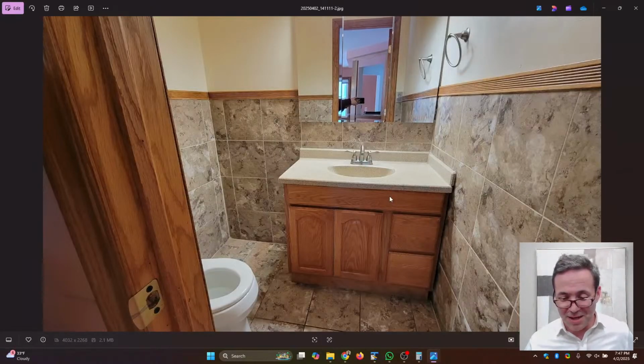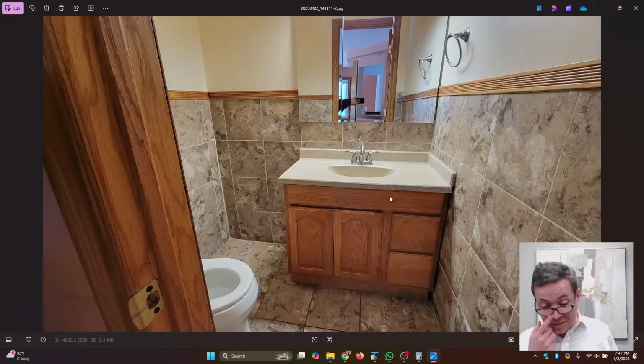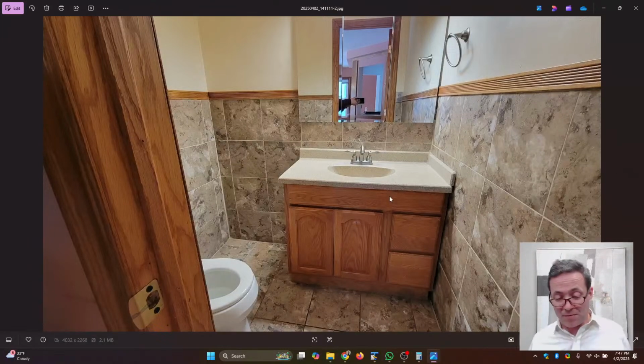Well, we got the camera in there, but not the person. That's clever. This is a bathroom. I believe this is the bathroom on the main floor. So like these older homes, they sometimes didn't have bathrooms. With the addition, now you get the bathroom on the main floor, and there's also laundry on the main floor